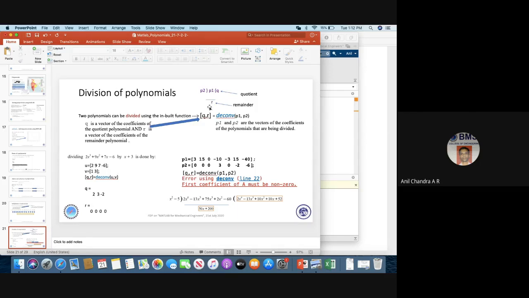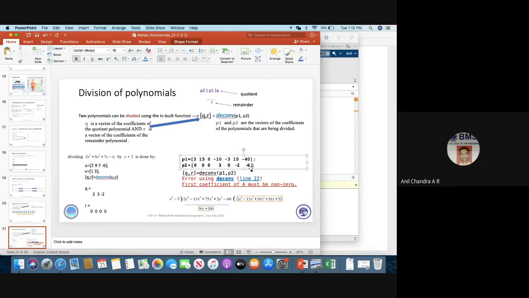Here P1 is called U and P2 is V. Q will store the coefficients of the quotient, which could be an nth order polynomial, and R will store the coefficients of the remainder, which could also be an nth order polynomial. So you store that by Q comma R. You have to define that.